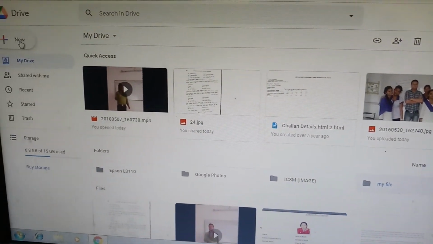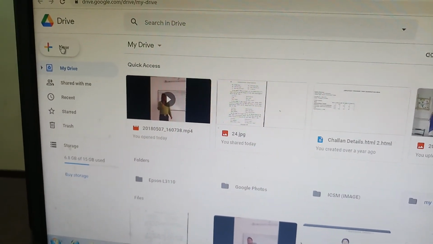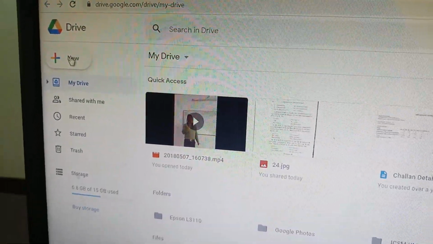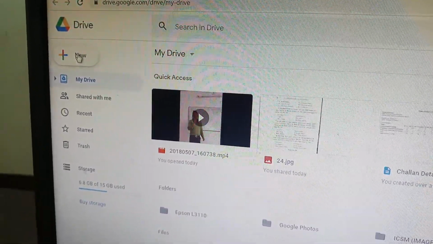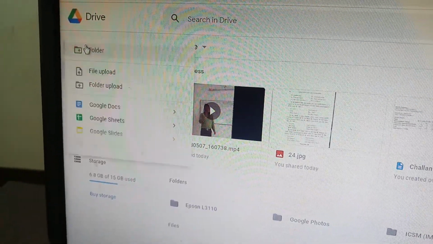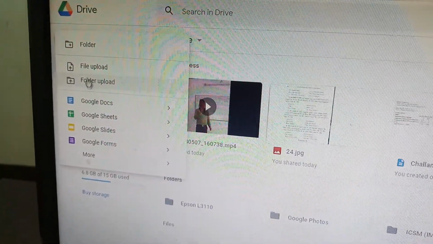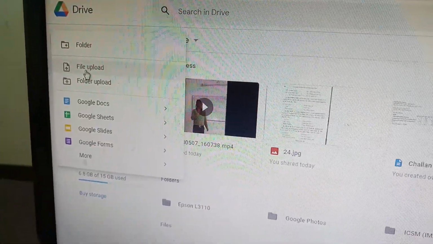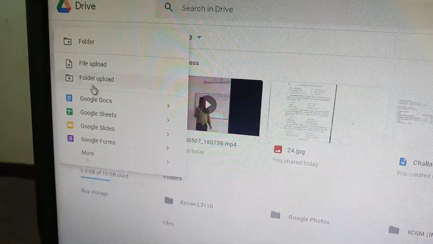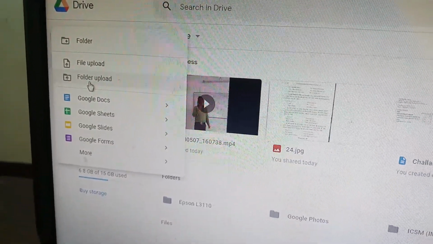Now if you want to upload anything, suppose I want to upload a folder in my Google Drive, we simply have to go to the new option. Here it is given, you can upload a file or you can upload a folder as well. I'll show you the folder option.